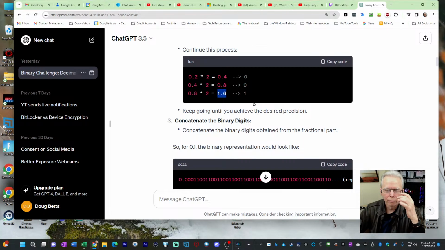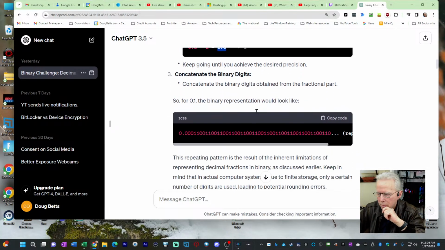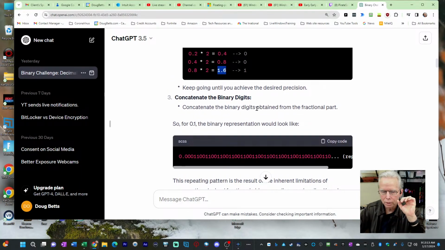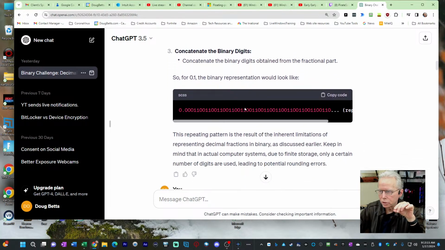This is how, for floating point numbers, they convert it to binary. Now, the problem is you get to repeating digits where it just repeats over and over, like the 3.333333. You get a similar thing in binary. So you wind up with these crazy long numbers, and they're only going to store a certain number of digits in binary.